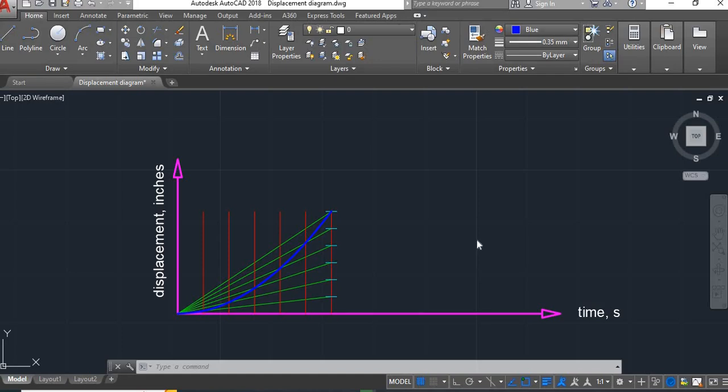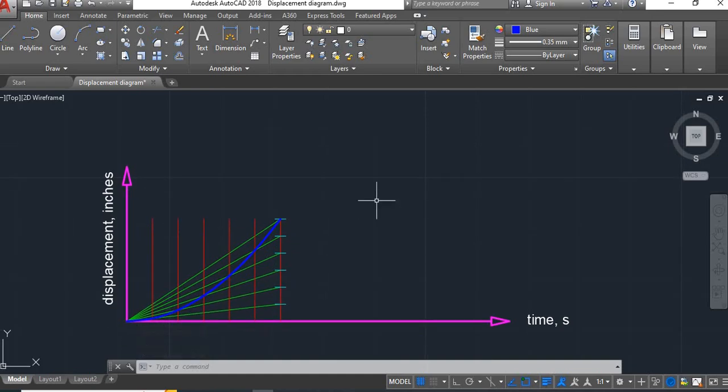Okay, suppose that the body from the past lecture rises again for 1 inch, for example, 8 seconds with a negative constant acceleration. In our past lecture, the body rises for 1 inch for 6 seconds. So this is the profile that we made, this one. Now the body rises again for 1 inch for 8 seconds.